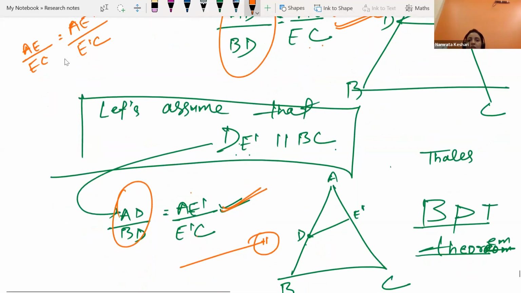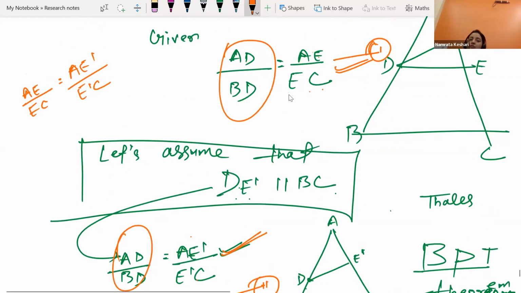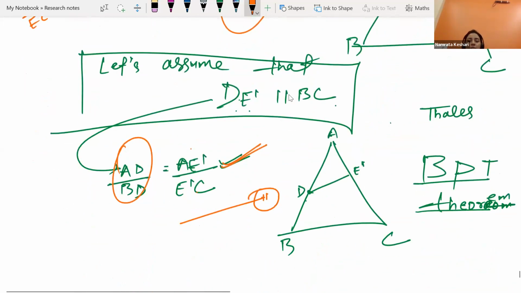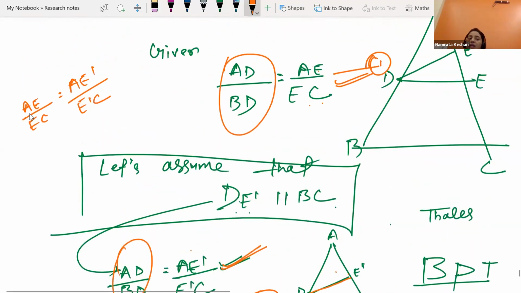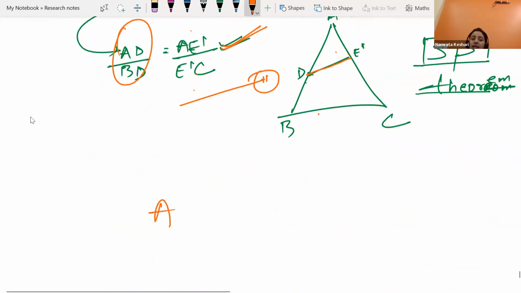लिख पा रहे, राइट? हमारे पास एक गिवन इक्वेशन था, वो हमारे पास ऑलरेडी था, और हमने खुद से एक असम्पशन लिया कि चलो एक रैंडम सा लाइन है, नॉर्मल दूसरा कोई लाइन है डी ई डैश, वो पैरेलल है बेसिक के। जैसे ही हमने ये असम्पशन लिया वैसे ही हम बेसिक प्रोपोर्शनैलिटी थ्योरम अप्लाई करके एक कंडीशन लिख पा रहे हैं, और अब पहले वाला जो गिवन कंडीशन है और जो अभी हमें हमारे असम्पशन से मिला, दोनों को कंपेयर कर रहे हैं तो कुछ और हमें मिल रहा है, तो वो भी हम यहाँ पे लिखेंगे। क्या क्या मिला हमें? ए ई बाई ई सी, हमें मिला ए ई बाई ई सी इज इक्वल्स टू ए ई डैश।